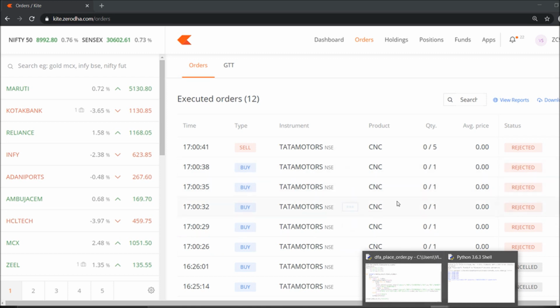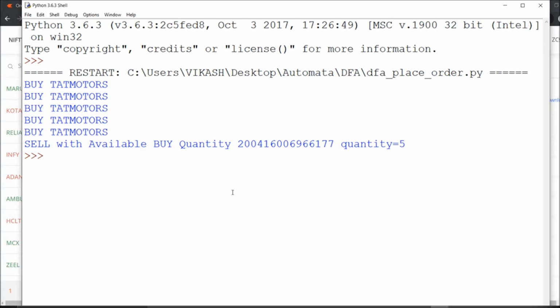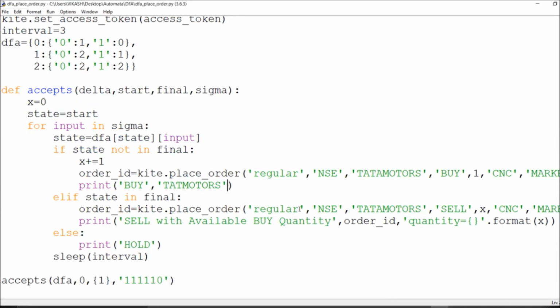One quantity we have done in a buy, and at the end, for the full buy quantity, we have to place an opposite order. Each transaction will clear all of the buy quantity and we will be in profit booking. So this is the way you can try by yourself. There are a lot of applications you can build yourself, and I've just gone with buying whenever I get a dip, the same as when the situation arises where markets are in a sell off.